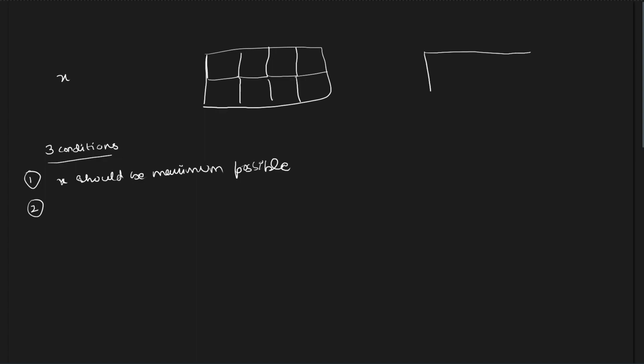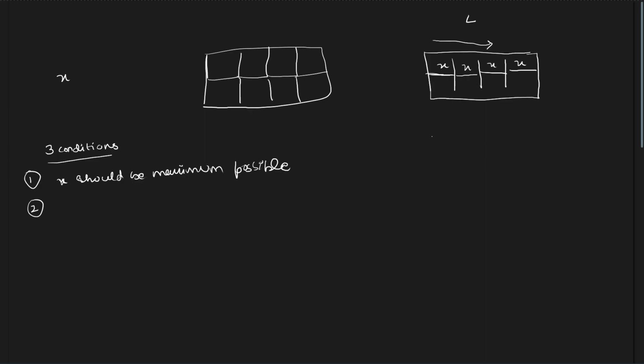now the second and the third condition both are derived from the problem statement which says that there should be no residue left. So let us first talk about the length, in a horizontal manner. For example, the first square is like this and it has a length x. Let me just mark a boundary. The second square is like this, the length is x, again a boundary. The third square is like this, length is x, and the fourth square is like this, length is x. We don't want any residue to remain. We don't want any part of the rectangle to remain. If we have four squares, we want these four squares to entirely cover the length,